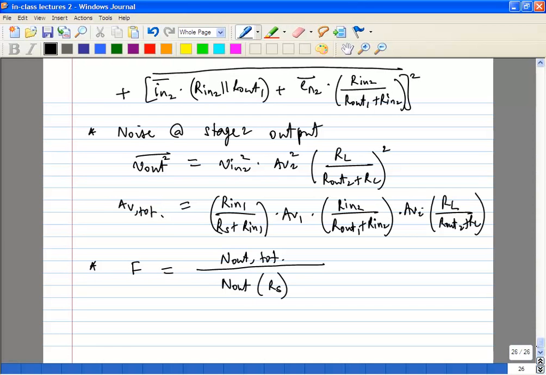So this is V out squared over... You can do a bunch of algebra, but I'll just give you the result because it's obviously going to take a long time to write out everything. So what you'll see is you'll get 1 plus